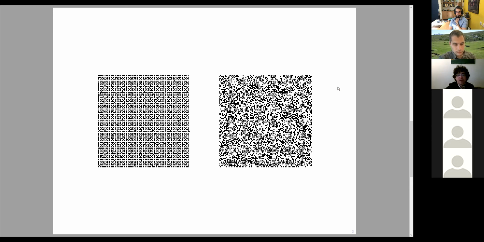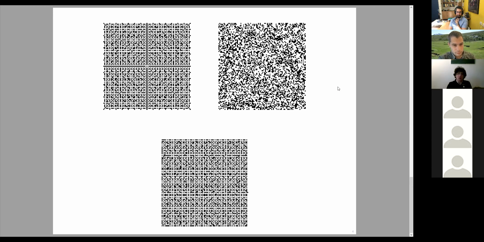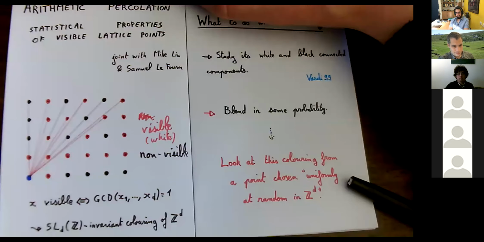And if you put the three images together, on the top left, we have something deterministic, very much structured. On the right-hand side, on the top, we have something fully random and very disordered. And downstairs is the main protagonist of today's talk, which has at the same time some structure inside, but also some randomness. And we would like to understand this picture. Okay, and I go back to paper until the end of the talk. I will not switch back and forth forever.